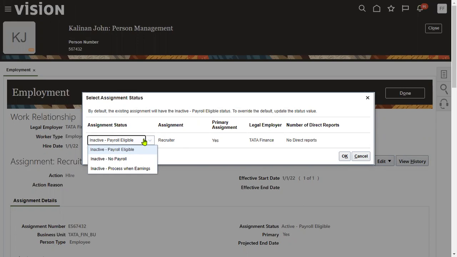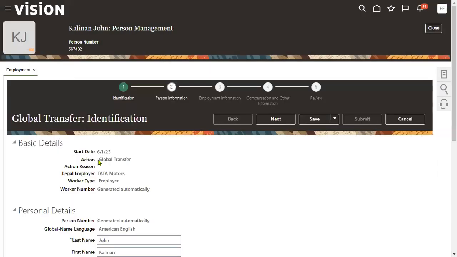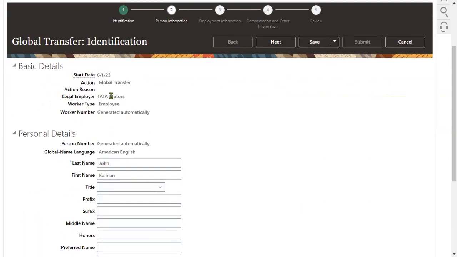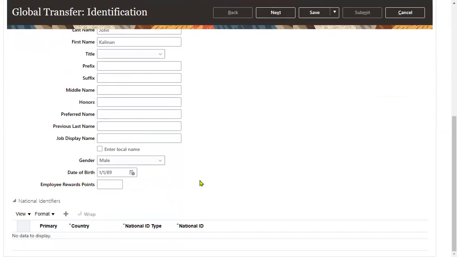If you say that we are done with everything, there won't be any payments from our company from this day, then say no payroll. And I'm going to say that payroll eligible. Now it's global transfer from June 1st, 23 for this company. It's fine, remaining